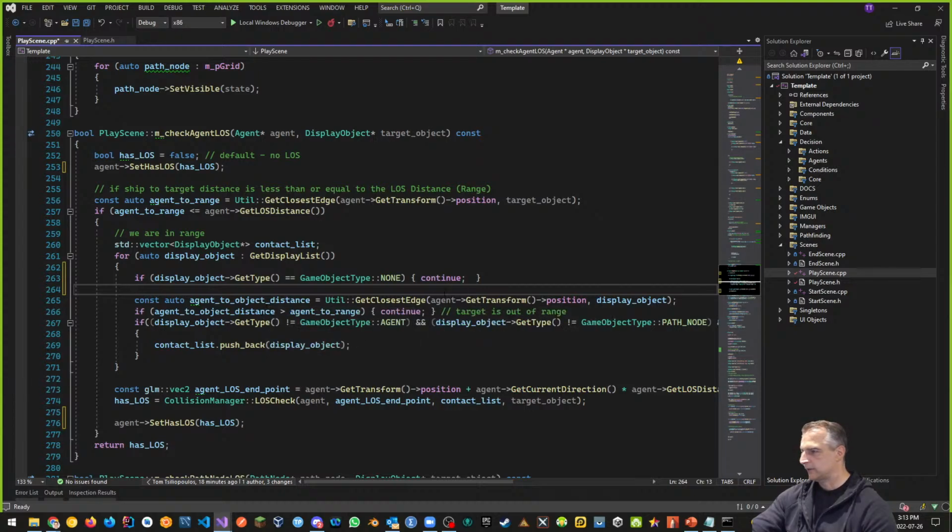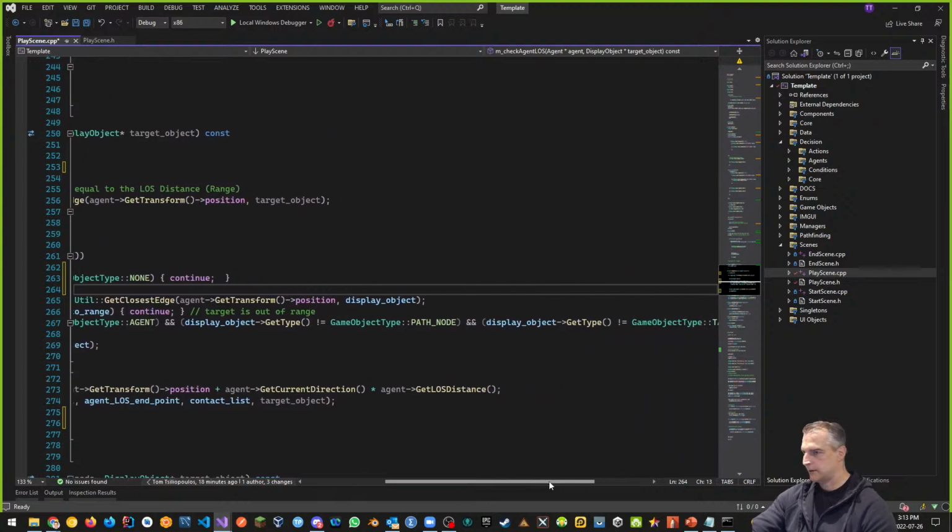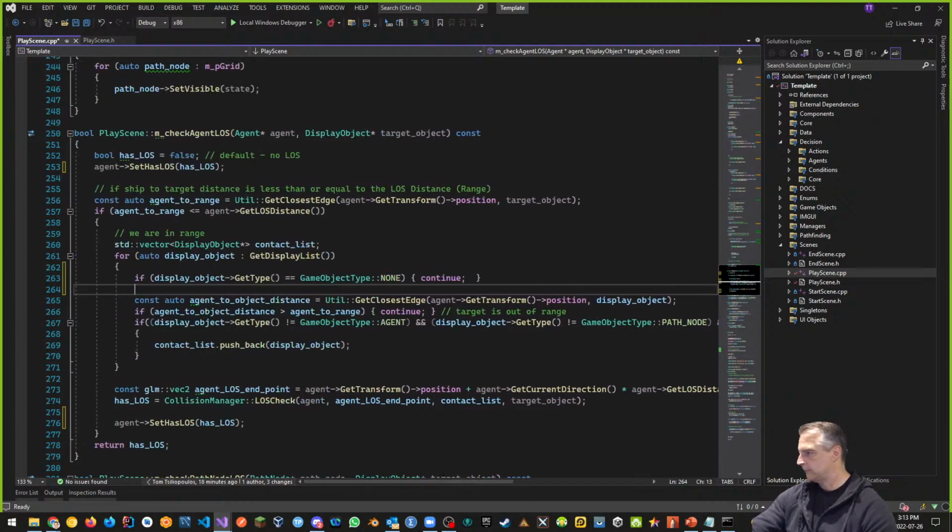Otherwise, check agent path node. I think this is all the same. And not target. Yeah, this is good. Push back to the display list. And then agent line of sight endpoint is equal to that. As line of sight is line of sight check with agent to line of sight endpoint, contact list and target object, and we want to set the agent has line of sight here, right? And that's only if